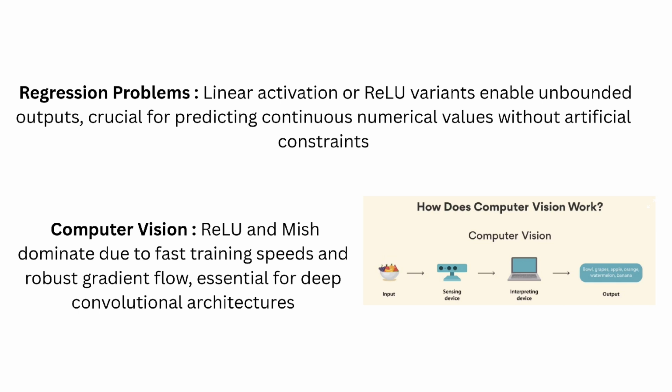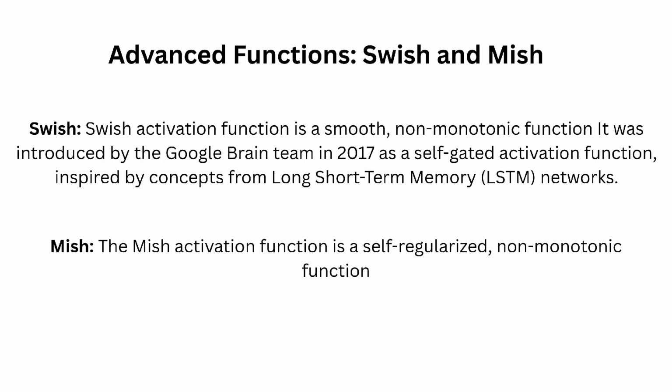Computer vision. ReLU and Mish are dominant due to fast training speeds and reduced gradient issues, essential for deep convolutional architectures. Advanced functions: Swish and Mish. The Swish activation function is a smooth non-monotonic function. It was introduced by the Google Brain team in 2017 as a self-gated activation function inspired by concepts from long